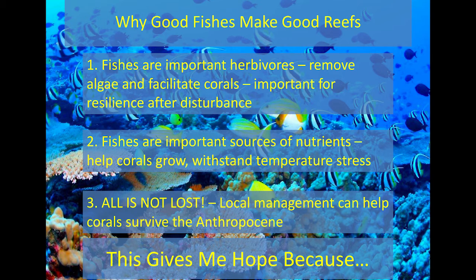Okay, so what I've told you today. Good fishes make good coral reefs because they're really important herbivores. They help keep reefs clean after big disturbances that kill corals, allow baby corals to settle, recover, and turn into big corals. Right? They're important sources of nutrients. They help corals grow, help them withstand thermal stress. They're important predators on little corallivorous invertebrates and help reduce the stress of corals and allow them to deal with